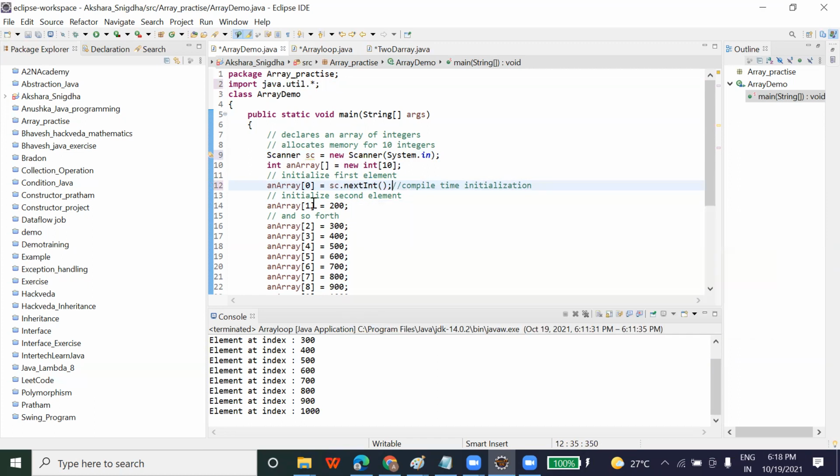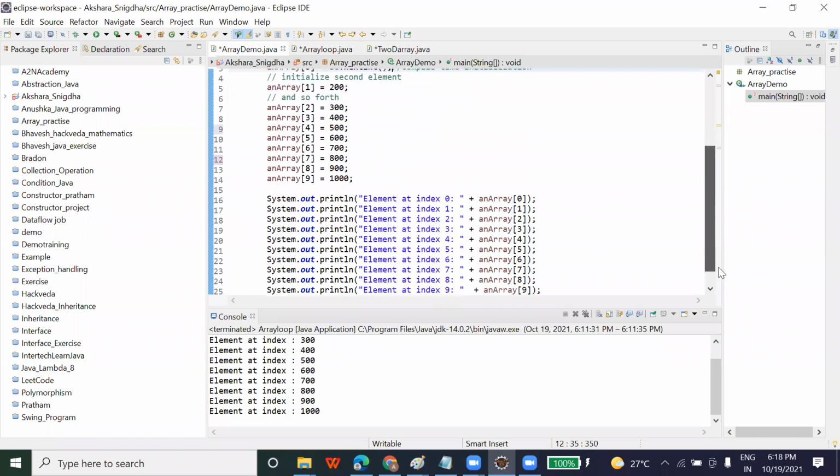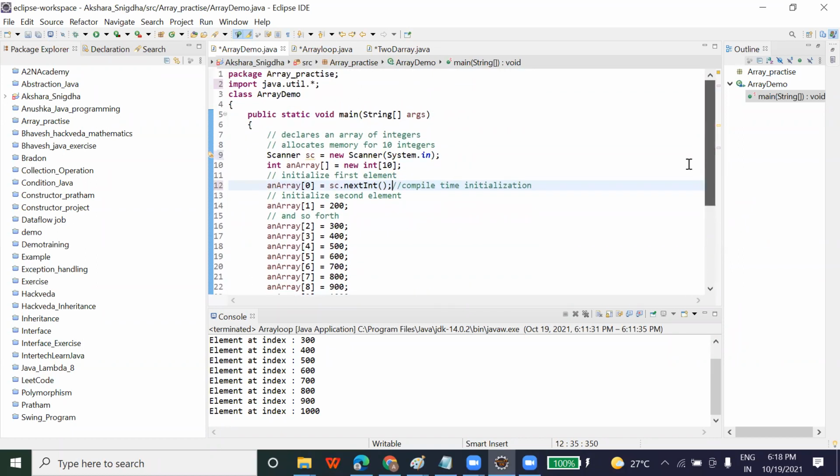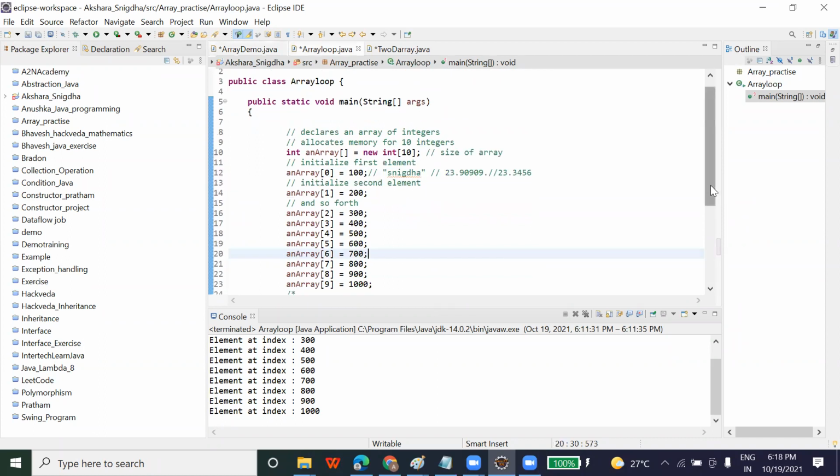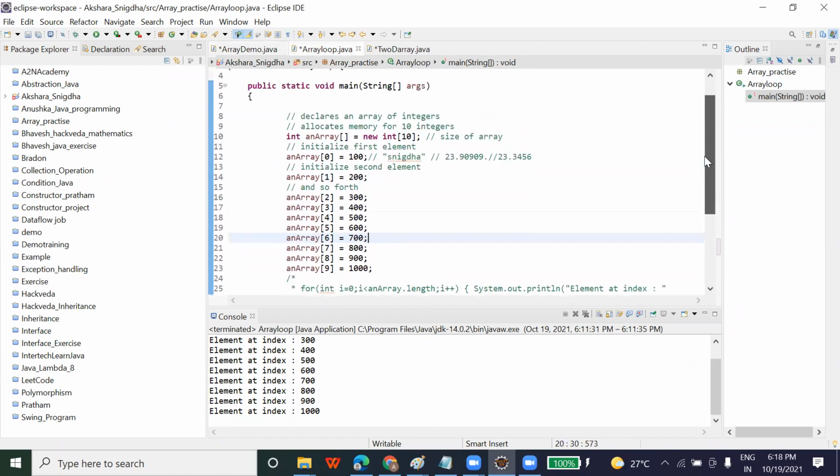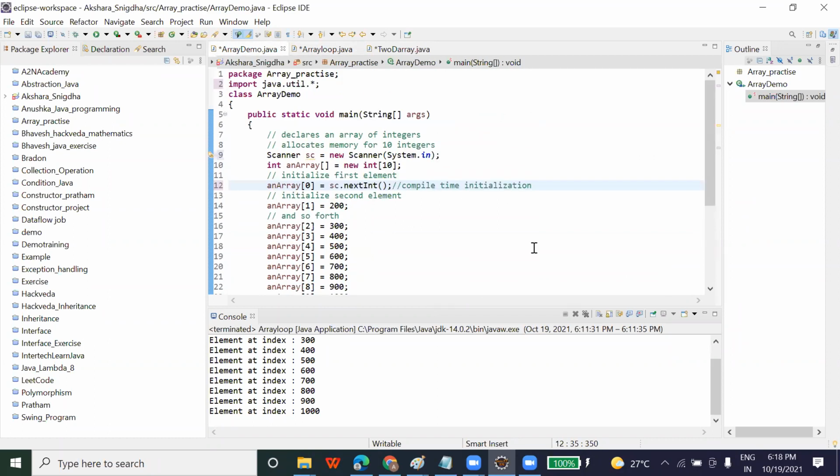And so here you need to apply two for loops. One will be for reading a value, another will be for printing. You understand? Here I've shown you a while loop, right? So this while loop is just printing it. But while reading also, 10 times you have to read, right? How many times will you read a value? 10 times. Here I have shown you only one, but you have to write a for loop that will ask the user 10 times to enter a value for all those 10 indexes. So you have to use two for loops or two while loops, you can say. One is for reading a value and another one is for printing a value.